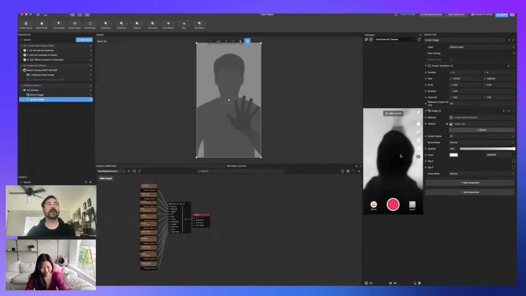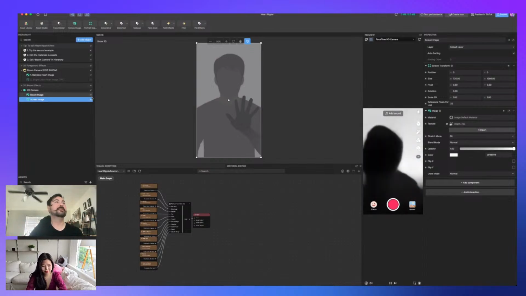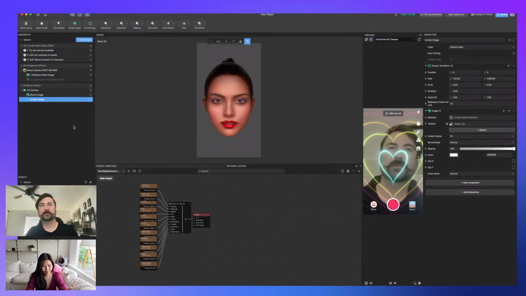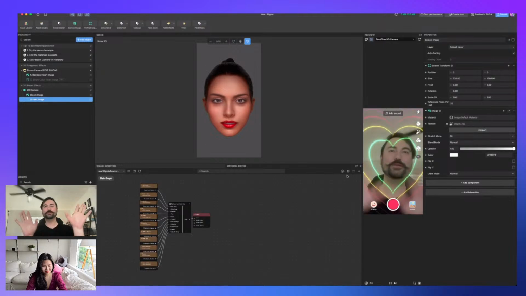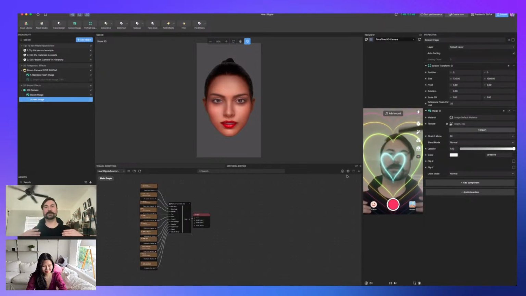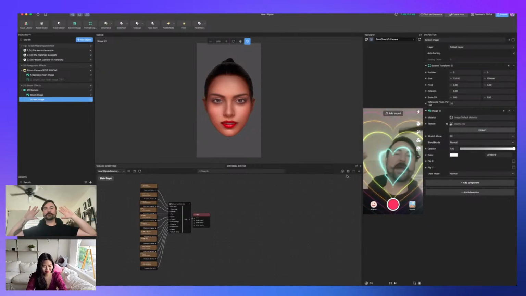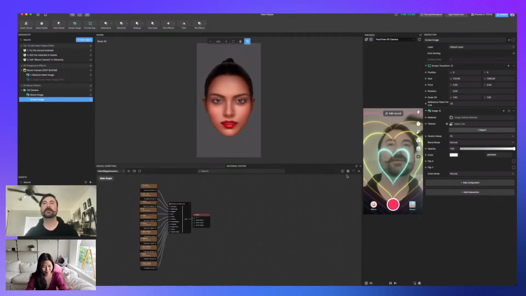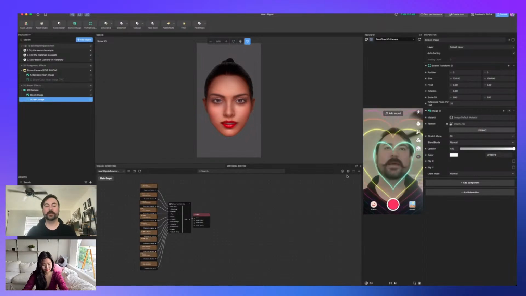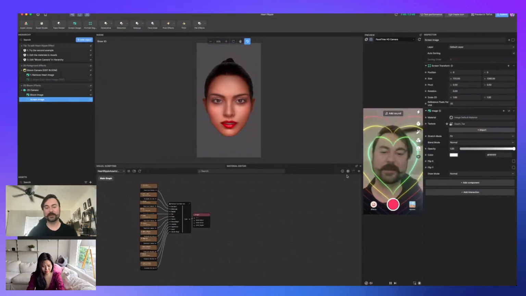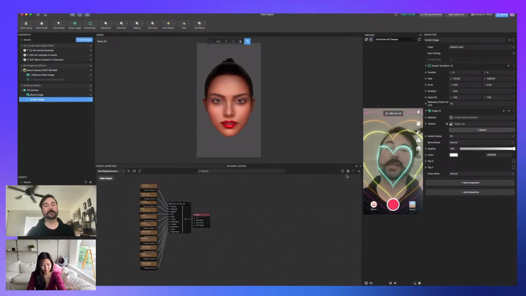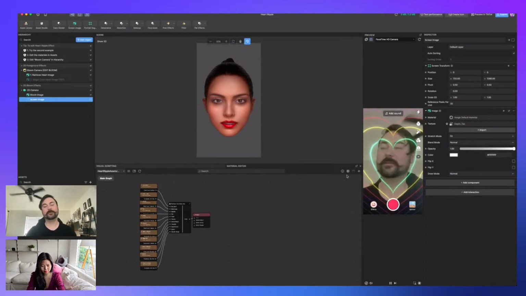But no, yeah, this is great because then you can feed this texture into shaders like this one that Celine just introduced. And you can see the heart will kind of move across me so that it's over my chest, but in the background it folds back further a little bit. Yeah, it's really fun to play with. I would highly suggest, if you're into shaders, this is a fun one to play with.